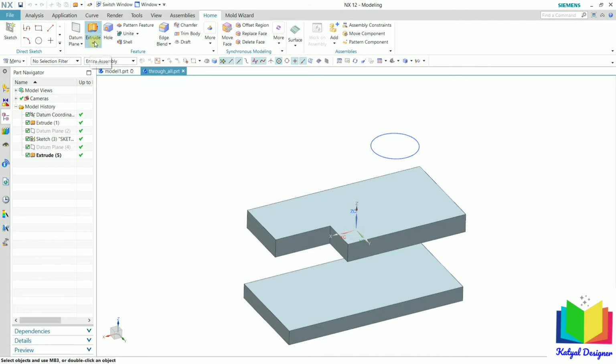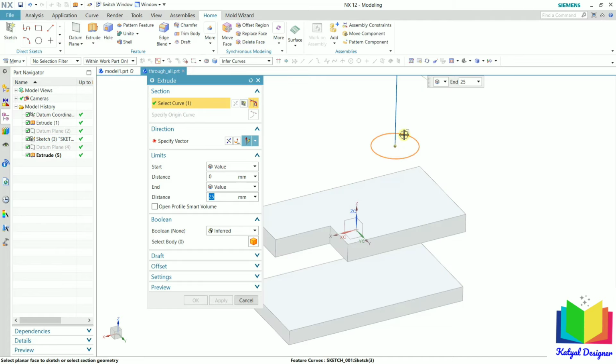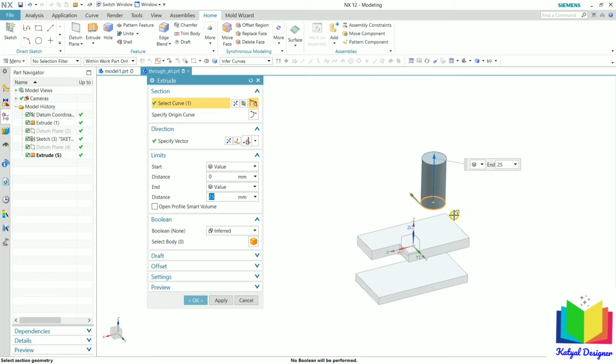So go to the extrude tool, click on this extrude, and here first of all we will have to select a sketch. Now we have already created a sketch of a circle, so we don't need to create it again. We just have to select it. So click on this circle, and now this extrude is going in the upward direction.